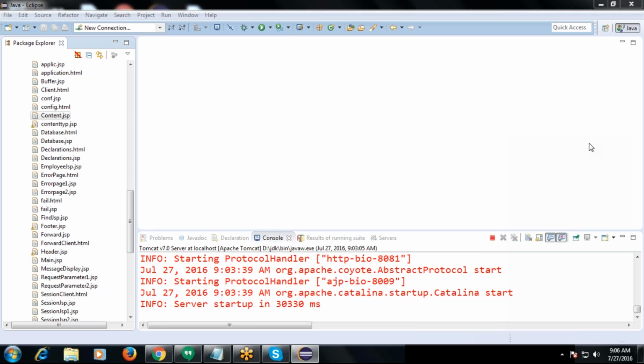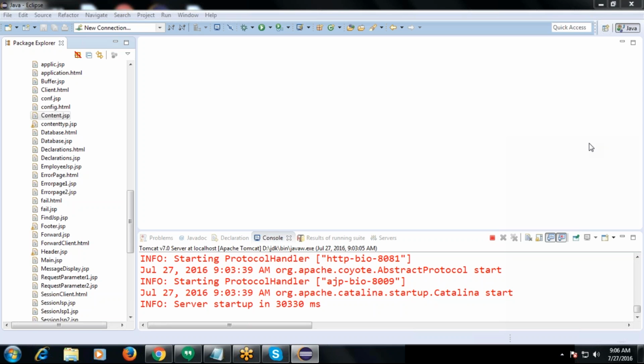The objects that are created by the JSP container itself when it is creating the JSP object are known as implicit objects, right?